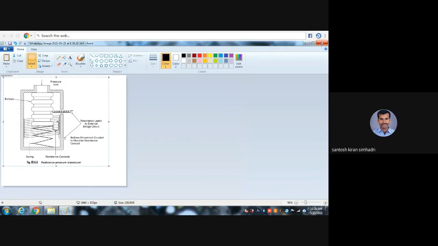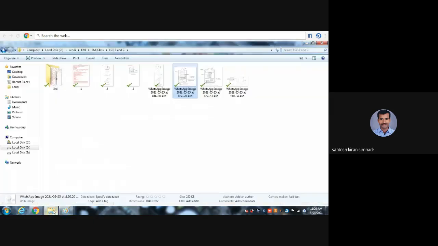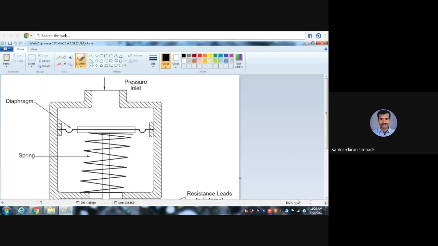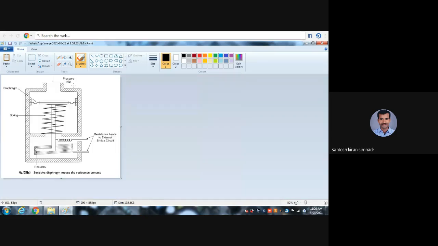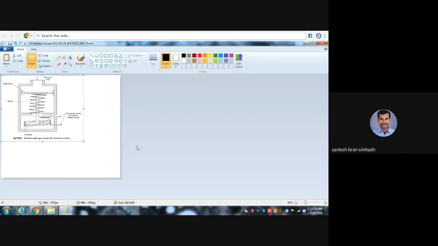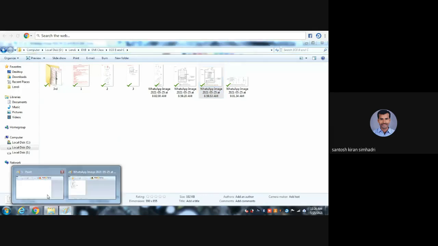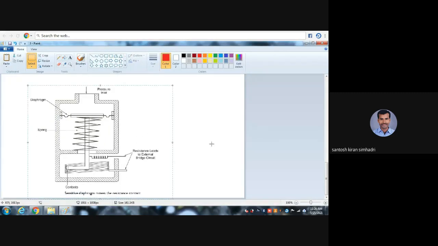Okay, I will delete this one. No, no, use this one. I already copied it there. Then I will take another one. That is called sensitive diaphragm bellows. I will take another copy. Then I will minimize this one. It is better to reduce this size, then it will be very easy to paste on that particular slide. Again I will reduce. No need for this figure. Give me some time, you will get good clarity in this one. Again I will try to reduce. Some clarity is missing, but no issue, no need of that much clarity. I will come back to the original slide, then I will paste here. That's all.